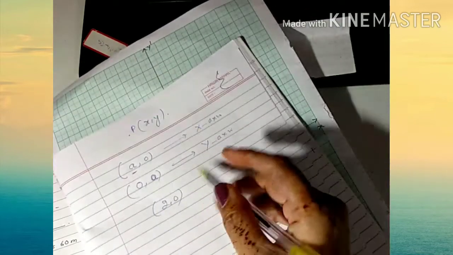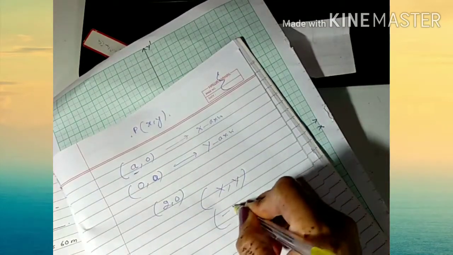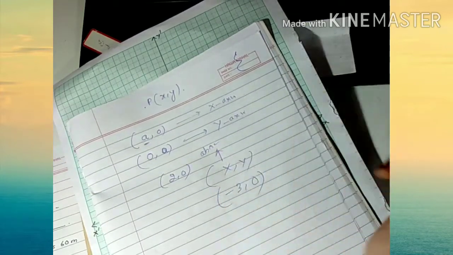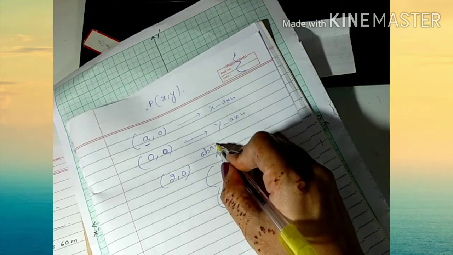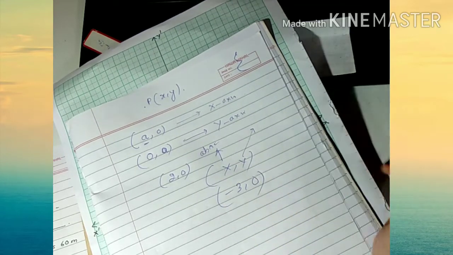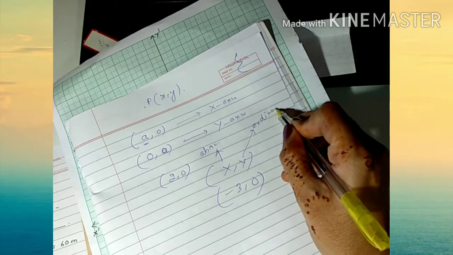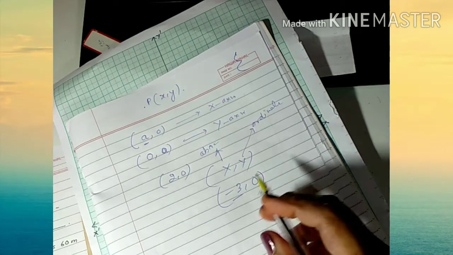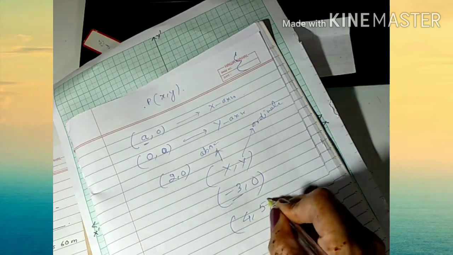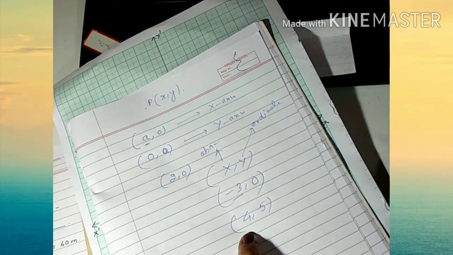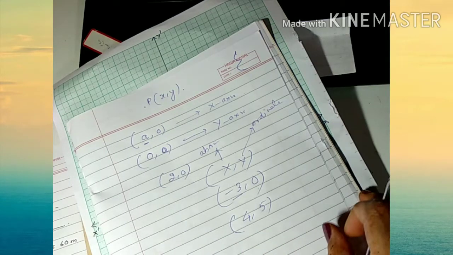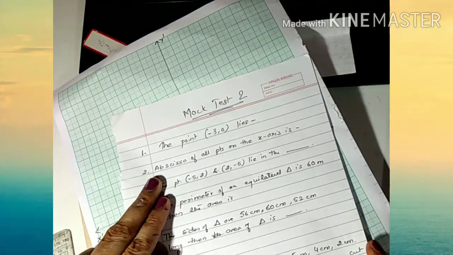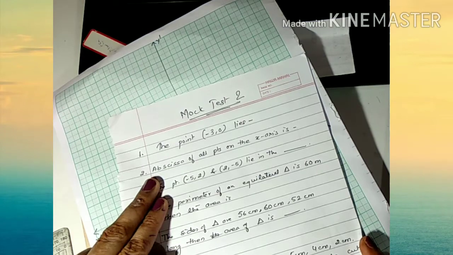And one more thing, whenever we are writing the coordinate (x, y), जैसे अपने पास (-3, 0) है तो इस x को ही हम क्या बोलते हैं? Abscissa. And what is this y? Y is called the ordinate. यहाँ पे abscissa कितना है? -3 और ordinate क्या है? 0. If I am taking the number 0.45, what is the abscissa? 4. What is the ordinate? 5. Now, what is the answer of the first question? The point (-3, 0) lies on the x-axis.